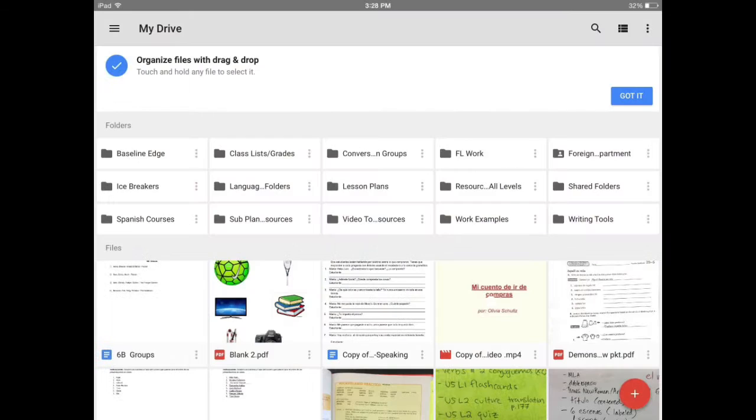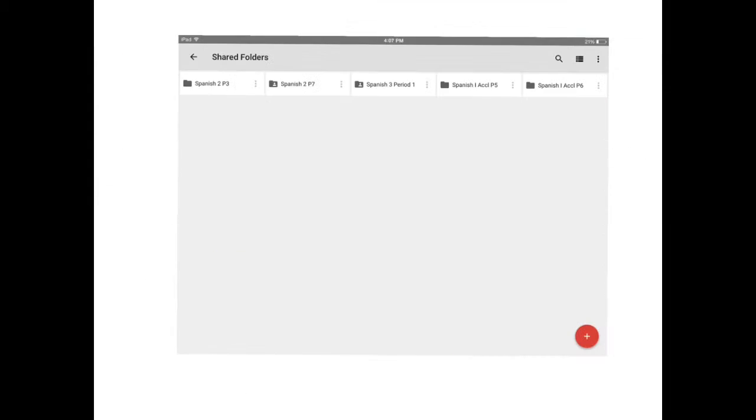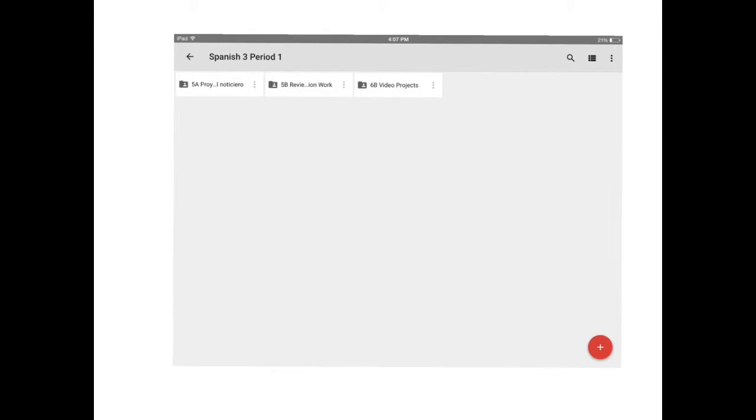them? The first step is to create folders for your different classes. I keep an overall large folder called Shared Folders as part of my Google Drive. Within that folder, you'll find folders for each of my classes. So when you open my shared folder for my classes, these are all the classes I teach. Then if you were to open a further folder, you would see different projects the students have done, such as